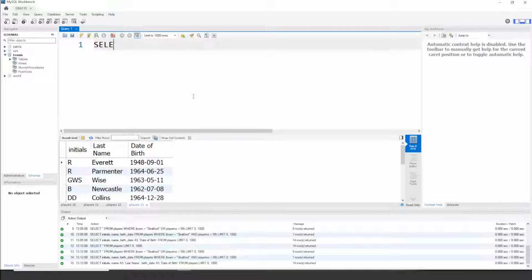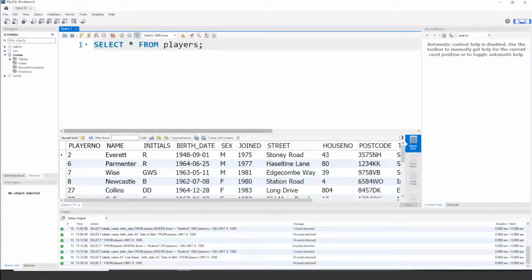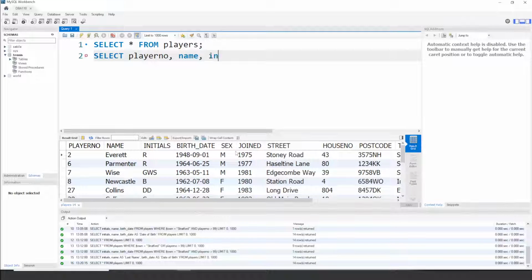So we're going to select star from players just so we get an understanding of what's going on there. Let's say I want player number, name, and initials. So I'm just going to get every name here. So we're going to select player number, name, and initials from players. And we're going to order by